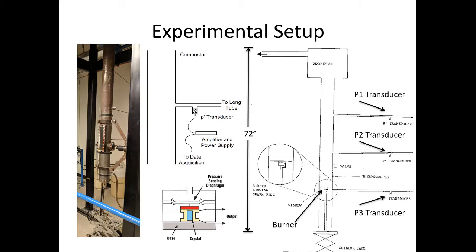The experimental setup used in the experiment is shown here. The experiment was done inside the basement of the Engineering Science Mechanics building here at Georgia Tech. 3 pressure transducers were equipped on the Rijke tube, equidistant from each other, as well as a photomultiplier. The Rijke tube was also equipped with a valve that could be used to expose the flame inside the tube